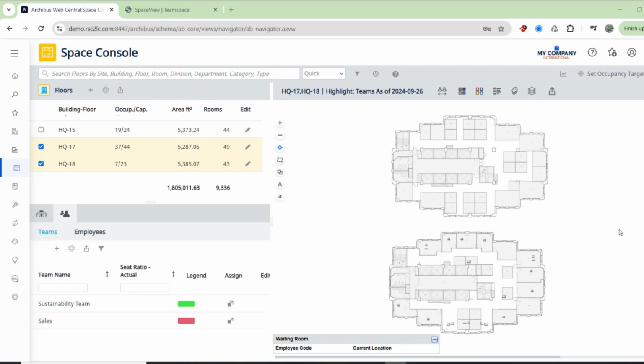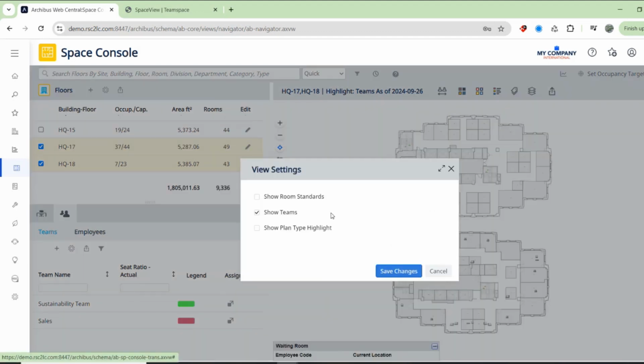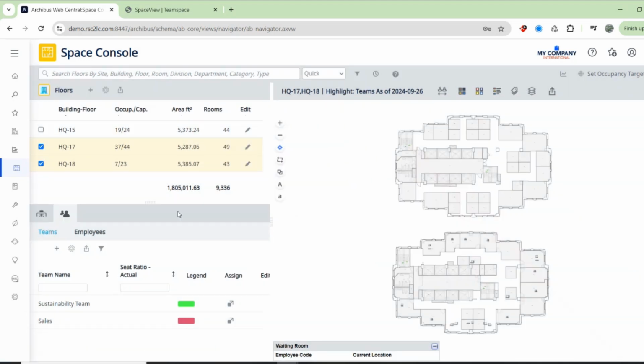Today we're going to look into teams in Archibus, particularly team space. That is the team associations with rooms, as teams can also be associated with people. So within the space console, you'll be able to see teams if you go into your view settings and select show teams. Once you've done so, you'll see teams under the occupancy tab alongside employees,